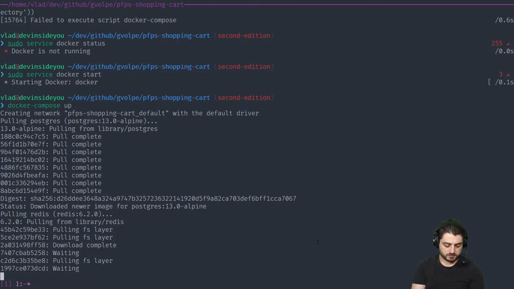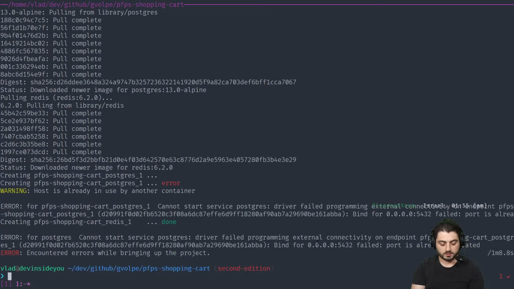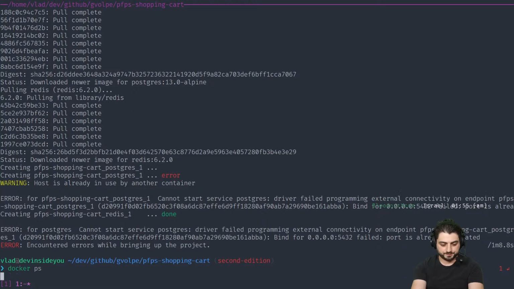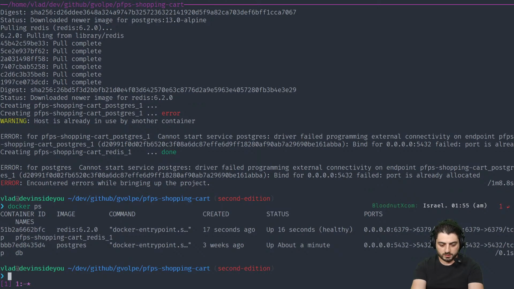All right. Okay. All right. Encountered errors. Driver failed. Okay, hold up. Host is already in use by another container. Yeah, I believe that's an issue with. Yeah, I have Docker. I am a Docker noob. How do I kill